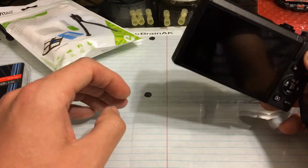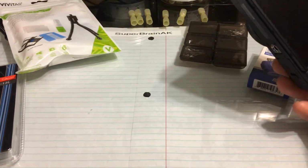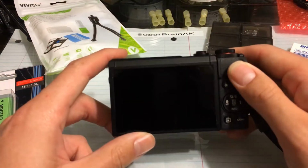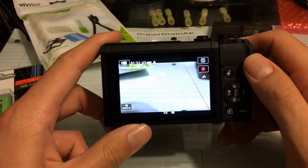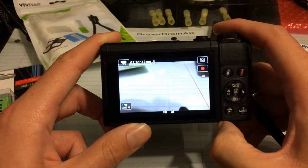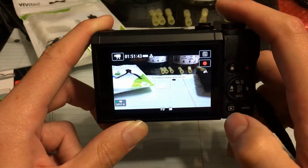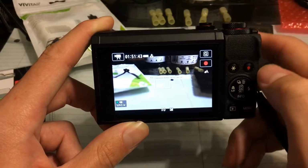Alrighty, so you can also see that I upgraded this to help with the focus, because otherwise you'd just be looking straight through the glass at the stuff underneath. And well, I keep my work surface clean, so it just focuses right through it. So let's get this guy powered on. Nice fancy display there. And the only thing I don't like is it has a narrow focus range, or whatever that means. I guess that's like depth of field or something. Whereas like the things in the center are focused, but as soon as you move closer or further away, it quickly gets out of focus. But